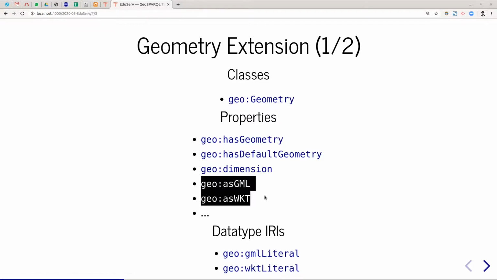And you can use this property to relate the geometry to a GML or XML based serialization of its coordinates, and this one for a well-known text variant. Nice. Now what goes along with that is that if we would use asGML or if we would use asWKT,